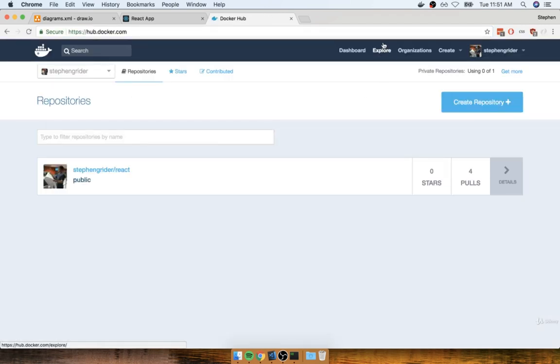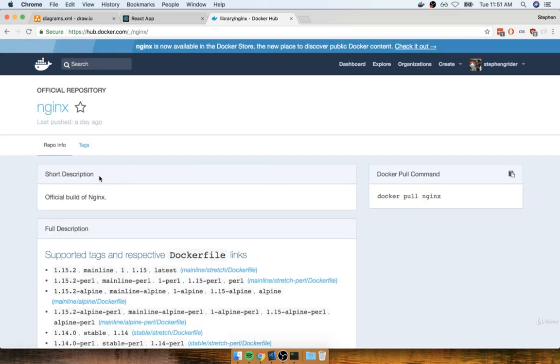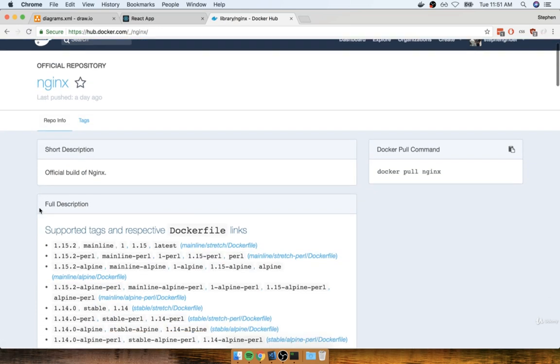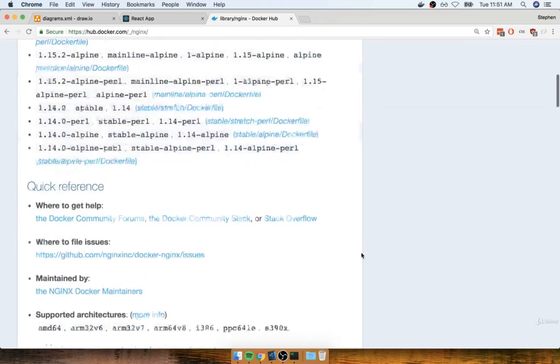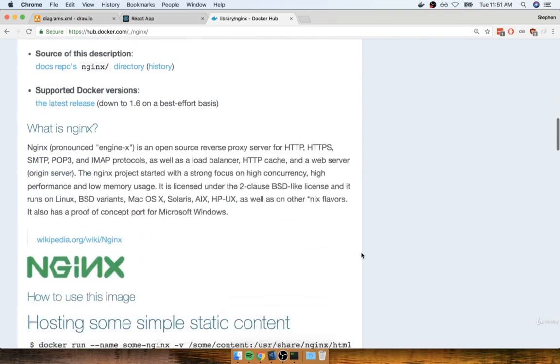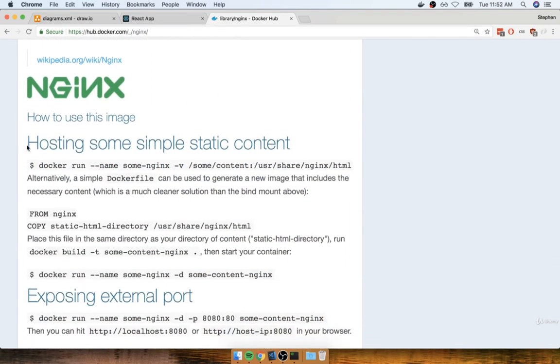And then once here, you can find the Explorer tab at the top. And then you'll notice the second repository, it might change over time, so it might be higher or lower, is Nginx. If you click on that, you'll then see all the documentation for the Nginx repository and just the overall image. Now you can scroll down here just a little bit and see some documentation about what it is, and you'll also see some stuff about hosting simple content right here, which is essentially what you and I want to do. So it's clear that there is a Nginx image out there, and it can probably be used to host